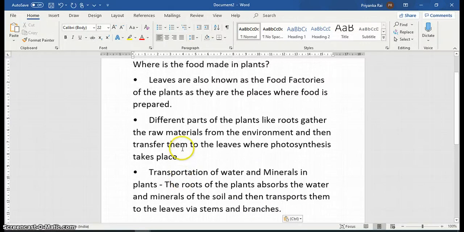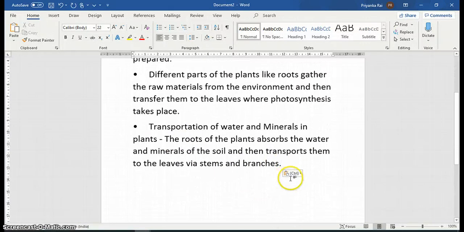If I want to write something, it will appear here. Like that. So this was about how we can type a document or enter text.